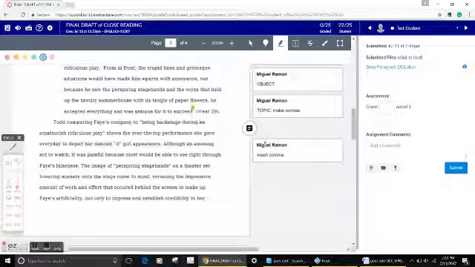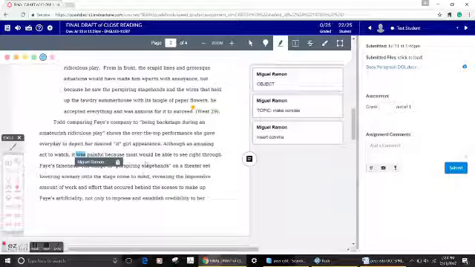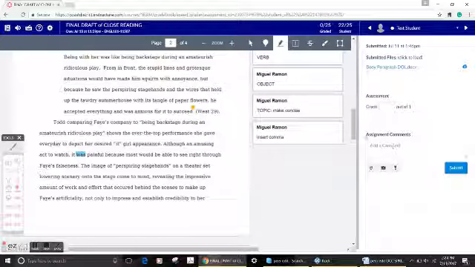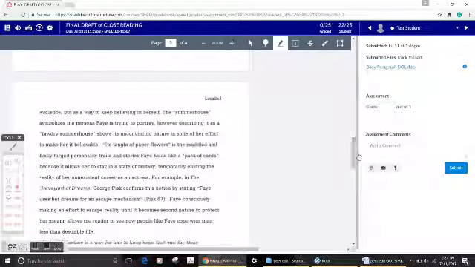Alright, I'm going to be making a brief video about how to annotate your peer edit. I'm going to be making a brief video on how to do a peer edit for a body paragraph. I showed you in class how to annotate for the introduction, and that was going to be a